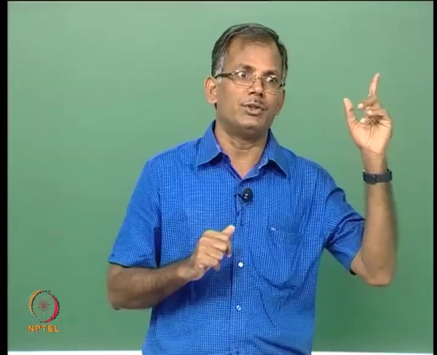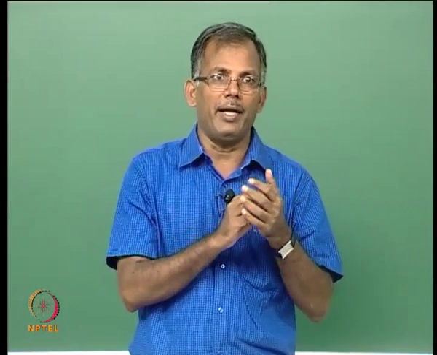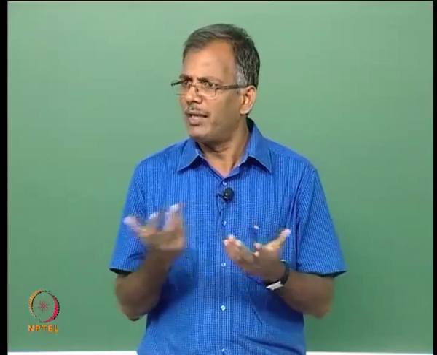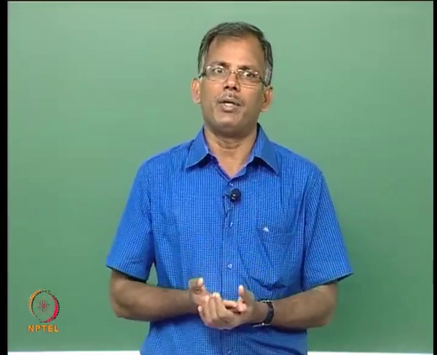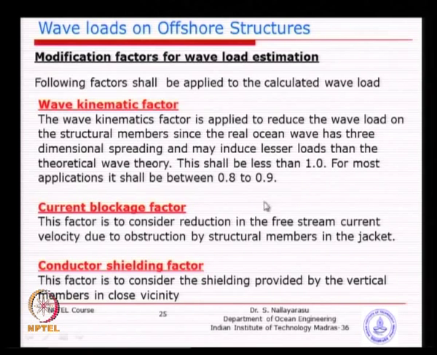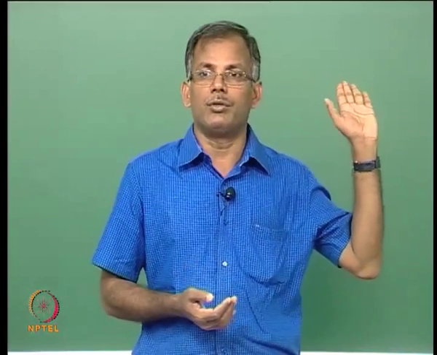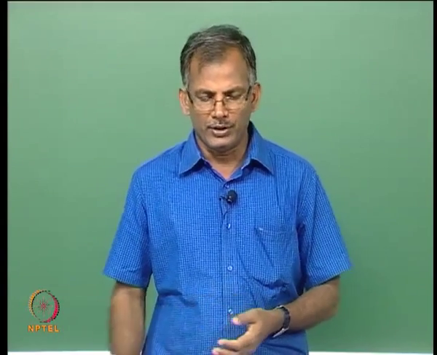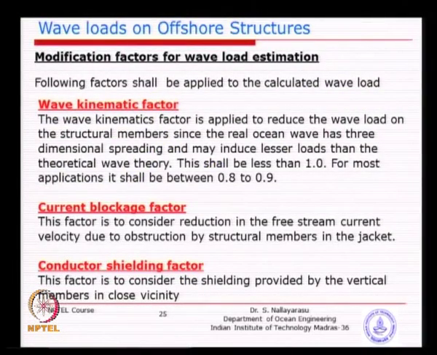Remember, the CD and CM were taken into account to modify, because the CD and CM are only a correction factor for a particular geometry. In addition, for overall any type of geometry, you simply can reduce to 80% or 90%. This is recommended by the API task committee, because 10% of wave load could substantially reduce your design reasonably. So, the wave kinematics factor is basically to account for the difference between the two dimensional wave theory versus three dimensional wave effects in the real ocean.